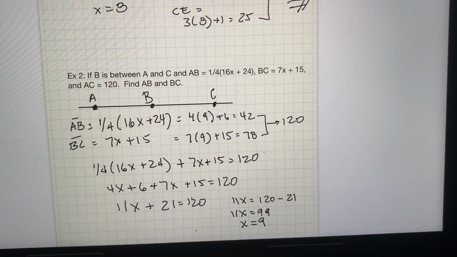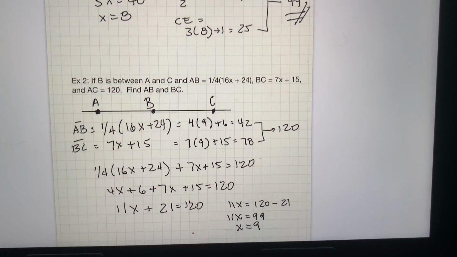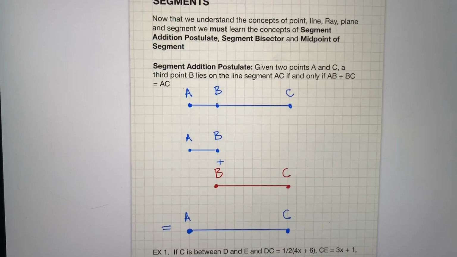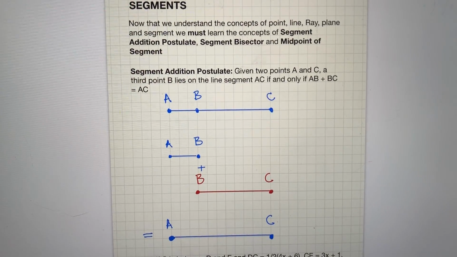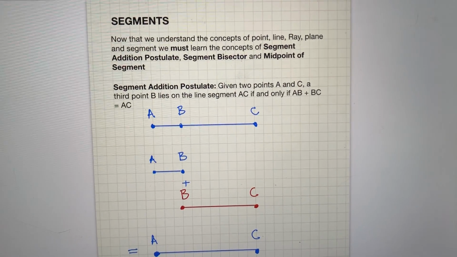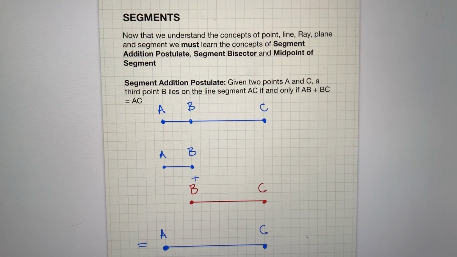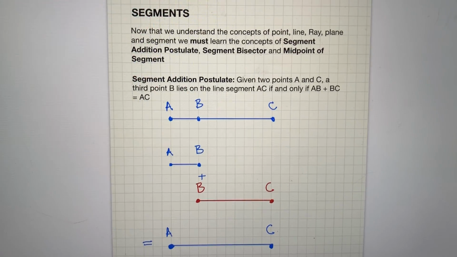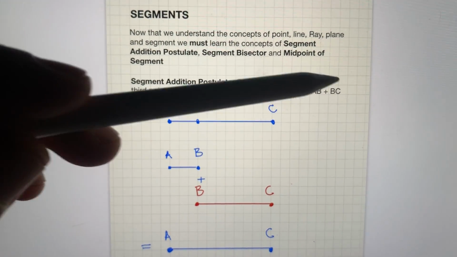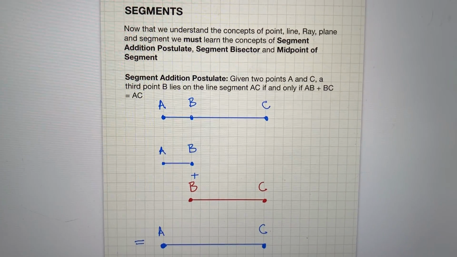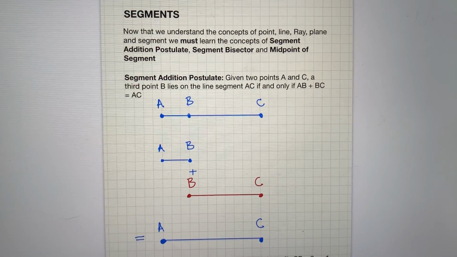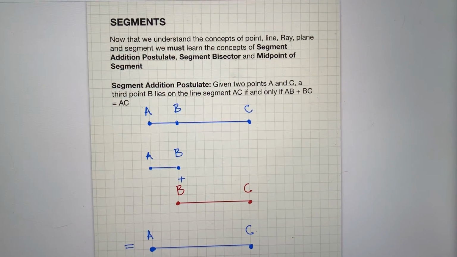Just remember that the definition is we have the segment addition postulate, which states that given 2 points A and C and a third point B, which lies on the line segment AC, if and only if AB plus BC equals AC. So just remember that, because that is key in order to continue with